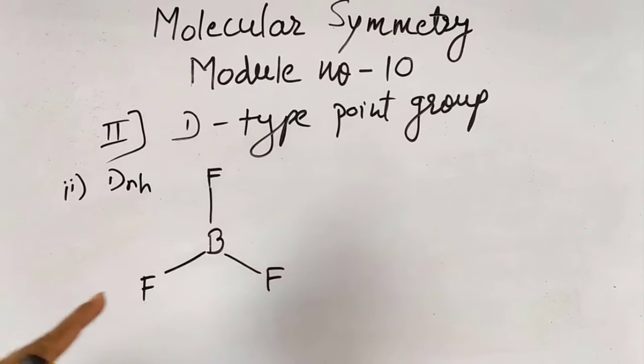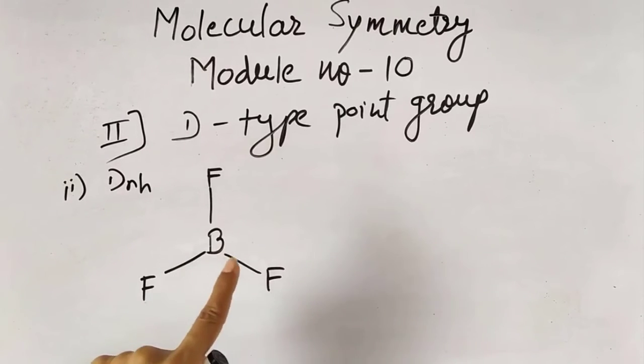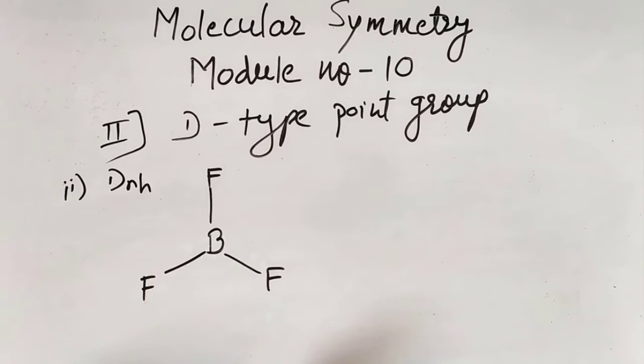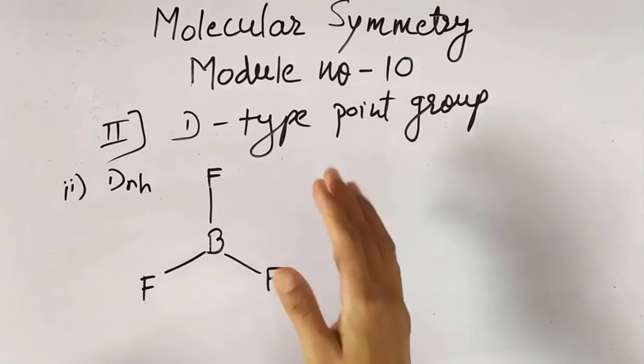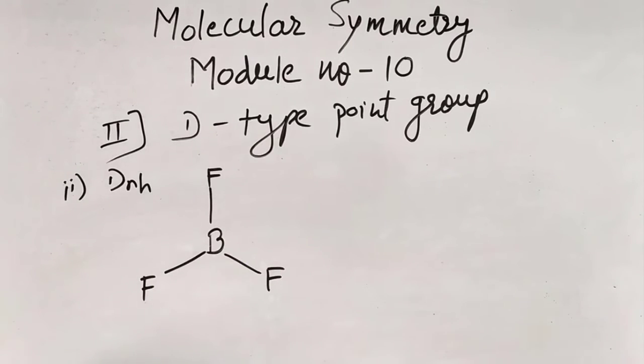As we have already discussed this molecule, I will not explain it in detail, you might get bored. So I'll just revise it in short. BF3 molecule, having a planar trigonal structure. Go on listing out the symmetry elements. The very first symmetry element that you have to write down is identity. What is the second? Principal axis.